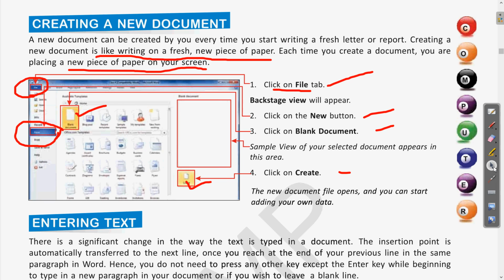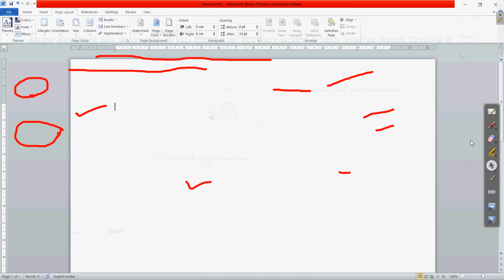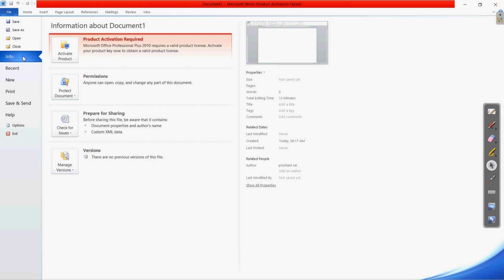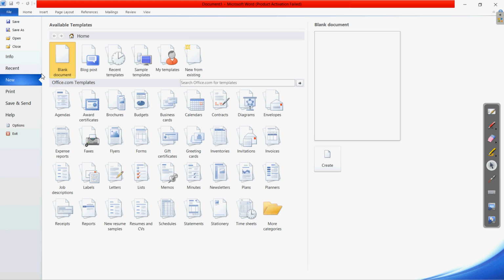Okay, let us come to the software. Let me erase this first and then I will show you. So where we have to go, click on the file, then click on new. Then in the new you can see the blank document. Here are the steps which are visible to you. First we click on the file tab, then we go to the new, then the blank document, then we will click on the create.